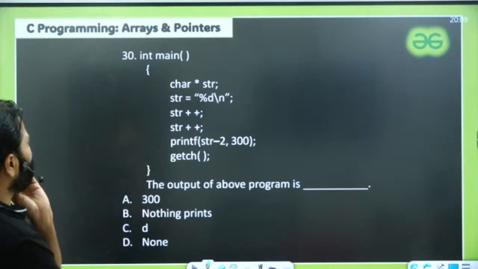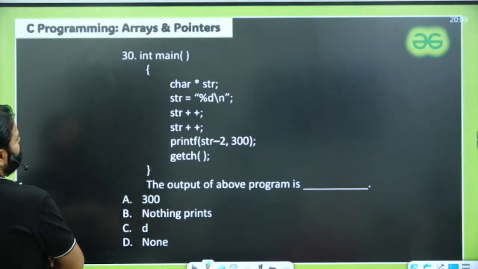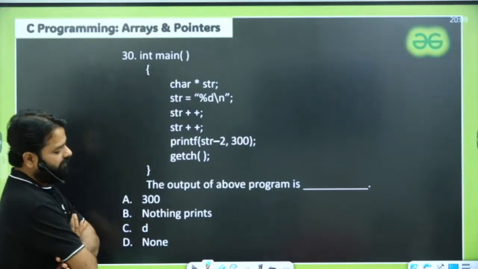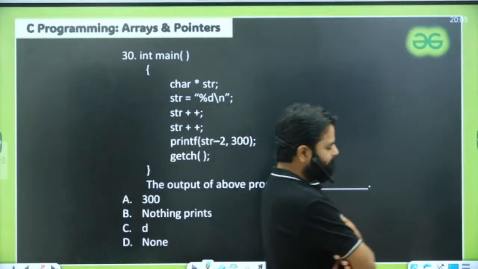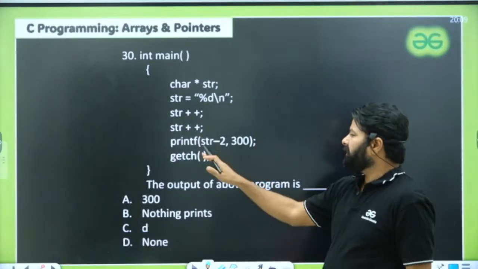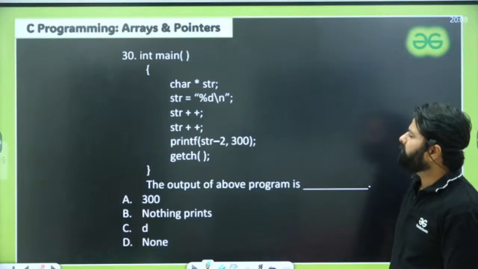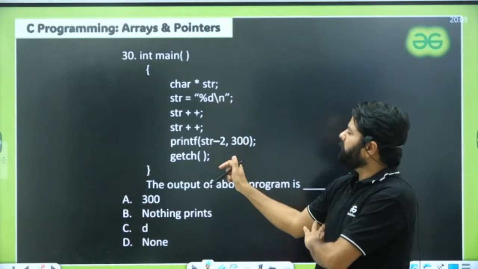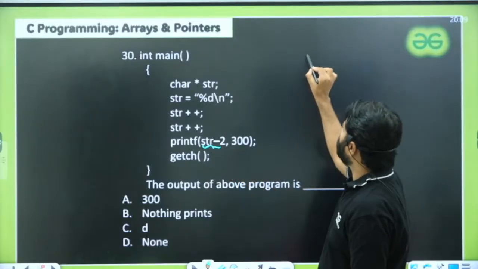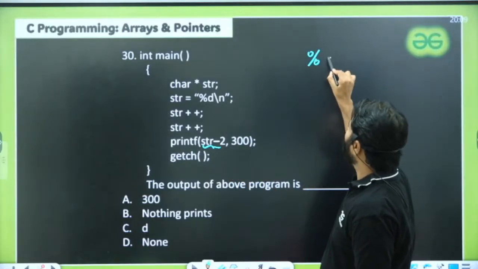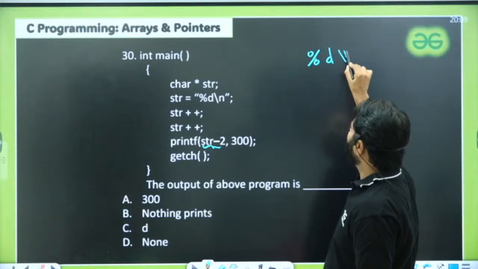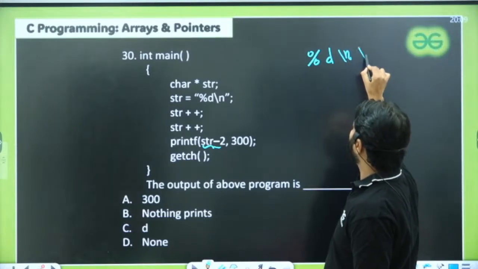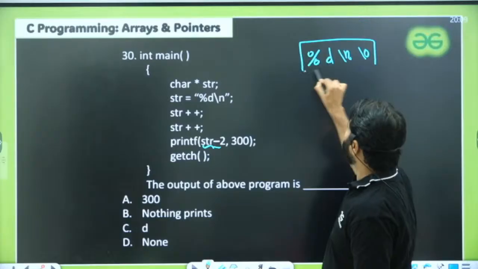Anyone? Very interesting program. If you know what this line does, that will be sufficient. See, you have incremented twice, then you did -2. See, if I store "%d\n" and the null character, the \0, if I store this somewhere